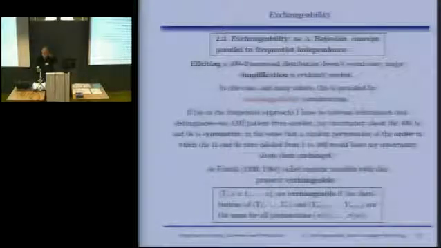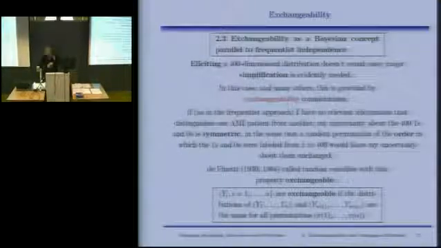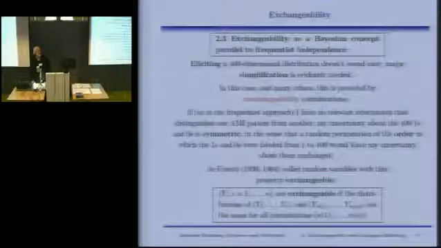Namely, he noticed that if you don't have any information that helps you distinguish one of these patients from another, if there are no covariates, like, as I said before, you don't know who's older and who's younger, you don't know who has hypertension and who doesn't, and so on, then your uncertainty has a certain strong symmetry to it. First of all, you are equally uncertain. You have the same amount of uncertainty about patient number 282 as you do about patient number 2. In fact, any two patients you have the same marginal uncertainty about. So that gives rise to the idea of identical distribution of your uncertainty across all the elements of the